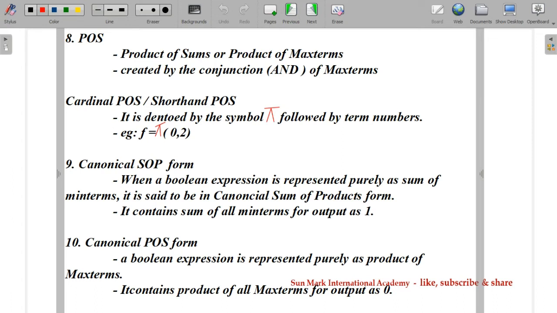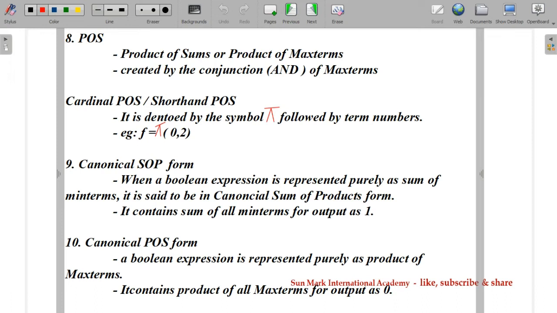Next one, canonical SOP form. Now we have discussed the POS and SOP cardinal form, how to represent in terms of numbers, that is cardinal form or shorthand form. Next one is the canonical SOP form. When a Boolean expression is represented purely as sum of minterms, totally minterms, then it is known as canonical